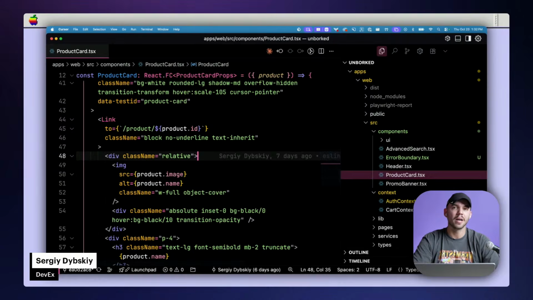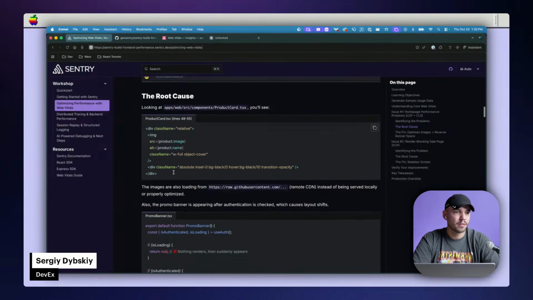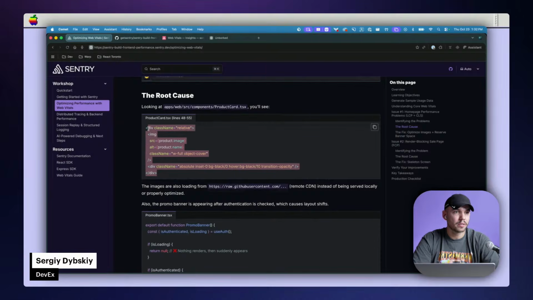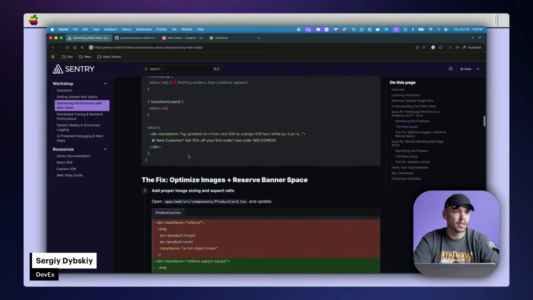So what happens is initially it loads. It doesn't know what kind of image is going to come in. So it's all stacked together. It gets the image. It understands its size, and then it kind of resizes itself, which causes a jump in the cumulative layout shift score. And so to fix that, what we would do is we would bring in